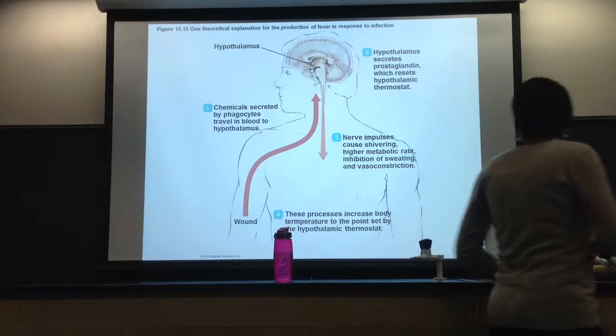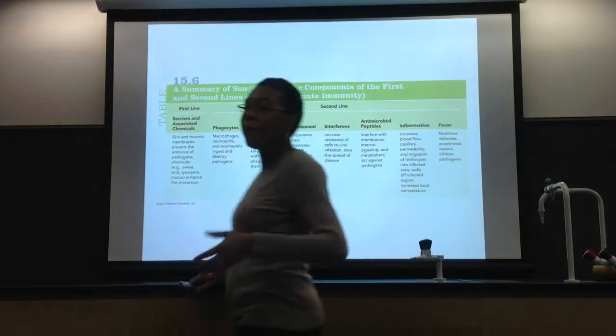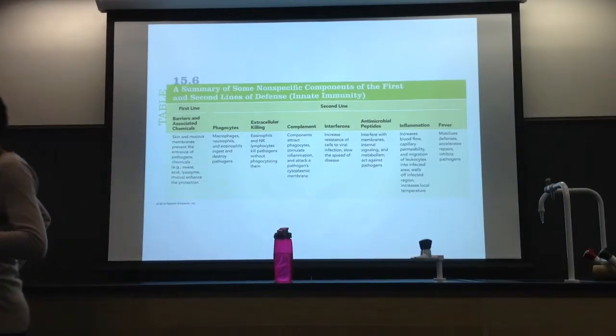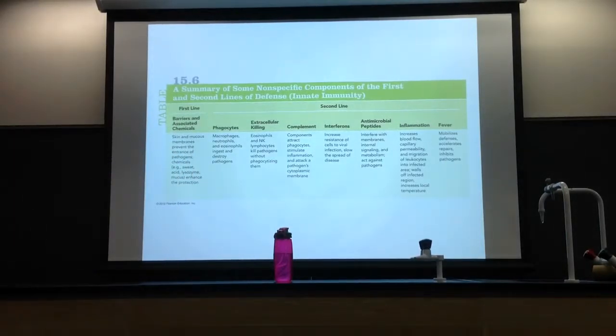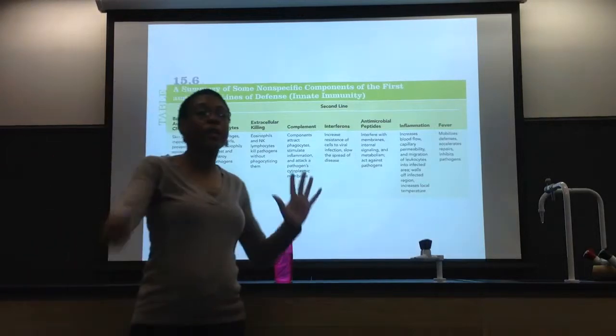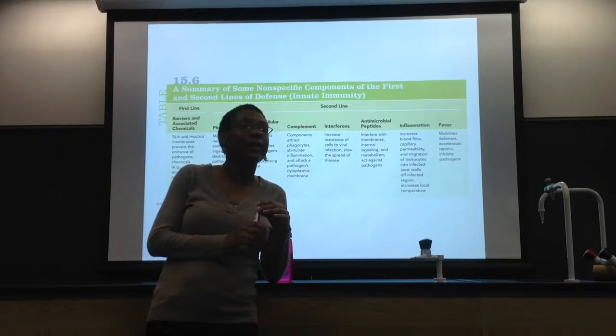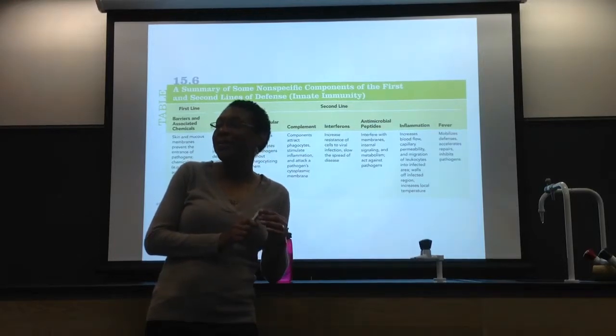Okay. Look at this. Now this table does a nice job of summarizing everything we just talked about today. So I would cut that one out of your textbook and put it somewhere in your bedroom, like on the alarm clock. That will help you for your test, because about 10 of the questions on your test will come from chapter 15. There are no surprises. Everything I said today, you should know, correct? That's it. Now we are done. Do you have any questions for me in terms of this chapter? Chapter 15, innate immunity.